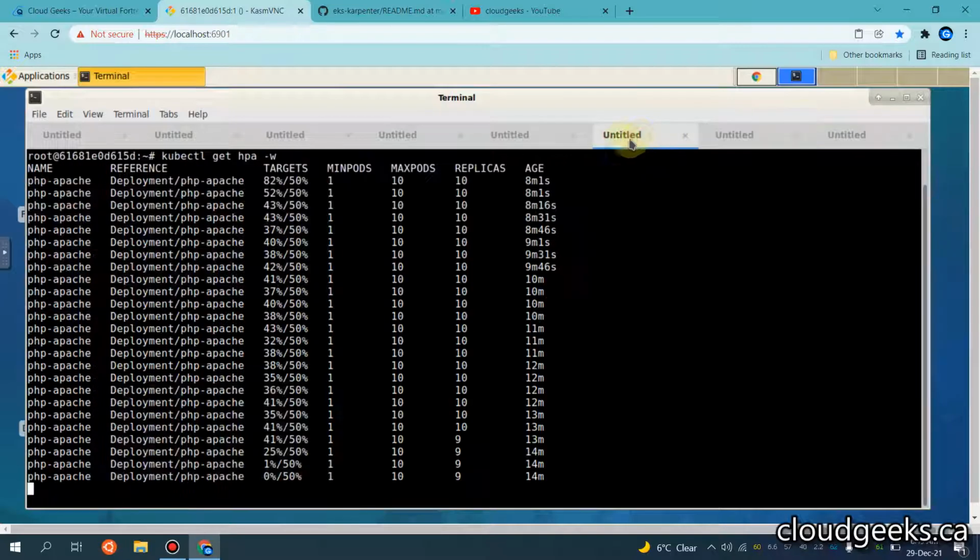Okay, and I just want to now remove it. So you see, I've just removed it, and the stress level has reduced from 82%, 52% to 0%. After a little while, it is going to start removing the pods, because for the size of the pod we set up min and max. Min is 1 and max was 10. So let me pause the video and I will be back in a while.